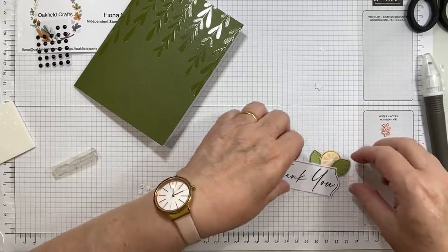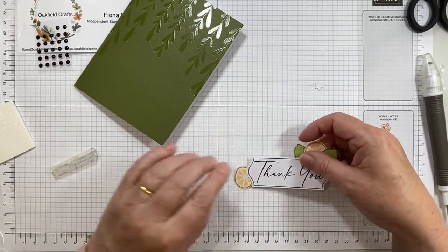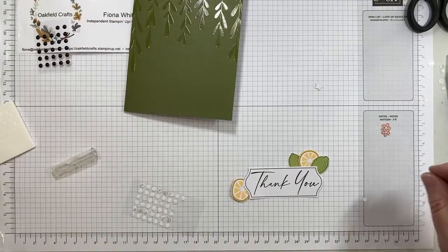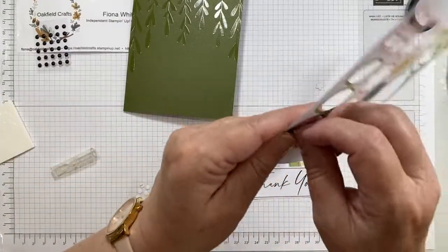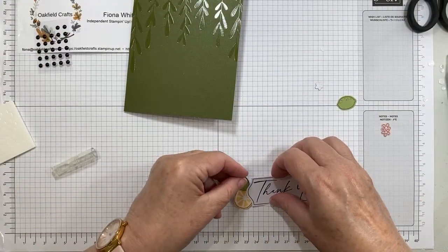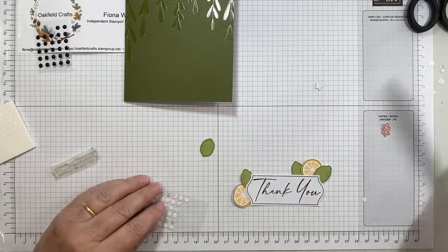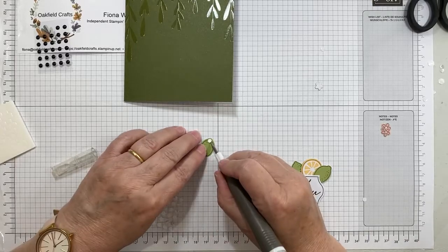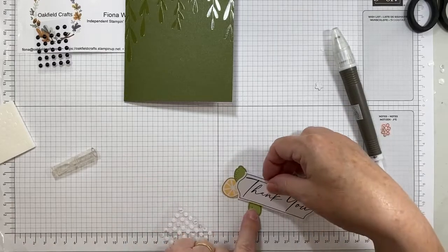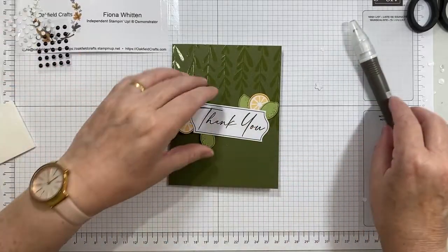This is actually, the oranges and lemons and limes will make quite nice get wells as well. But hey. Okay. No, it's because I didn't actually take them out. That would explain it. So that one I'm going to pop in there. This one, I'm going to pop down there like so. So that's going to go on here with the